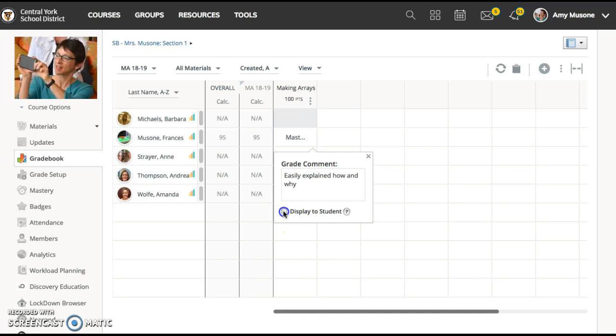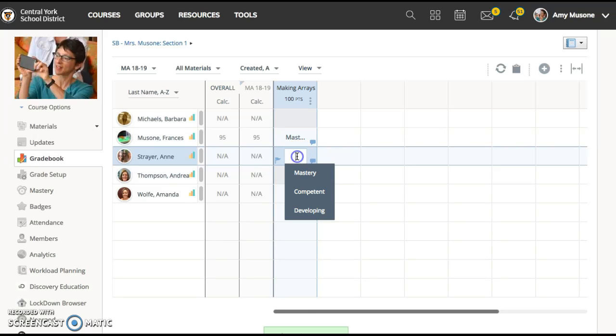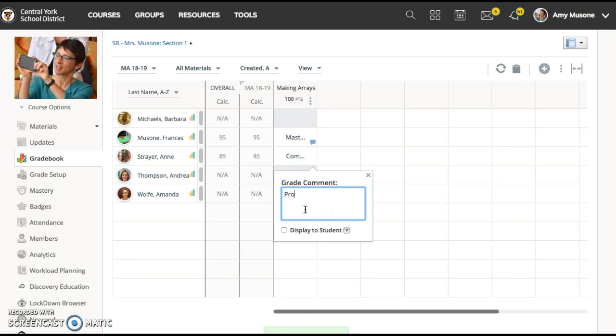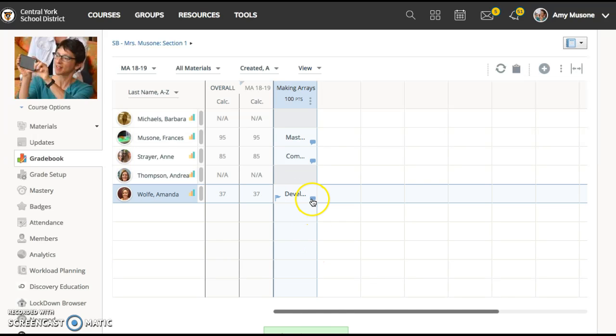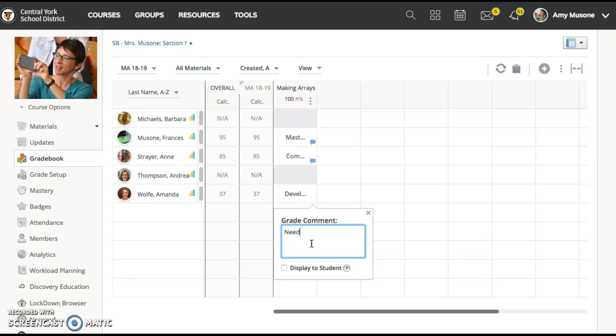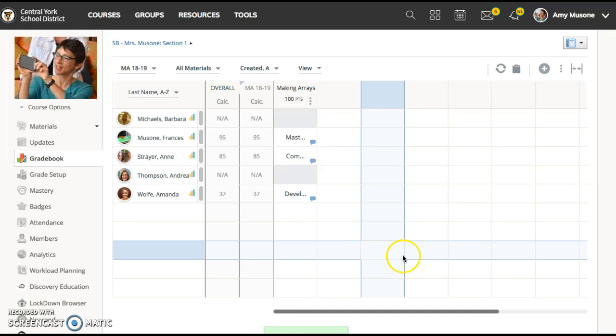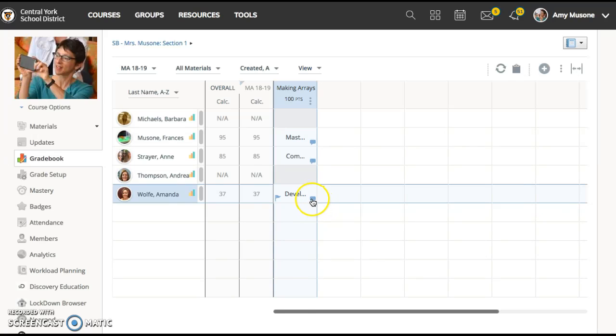I can choose to show it to families or not. You don't need to add comments, but do you notice if there is a comment, it shows up like a little comment,